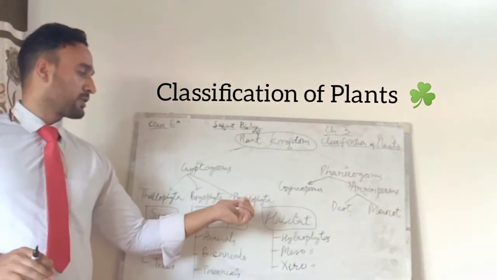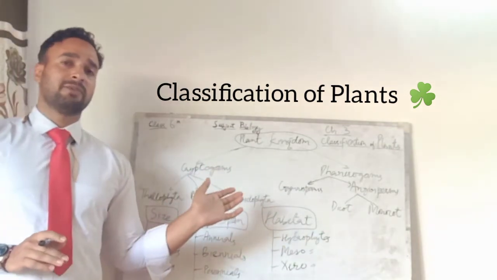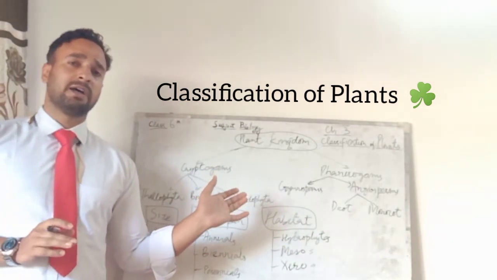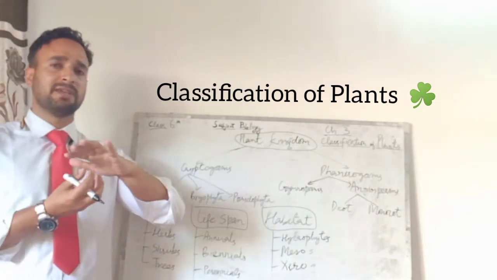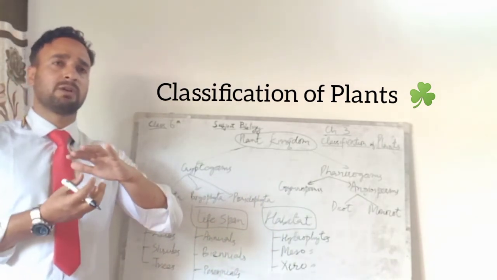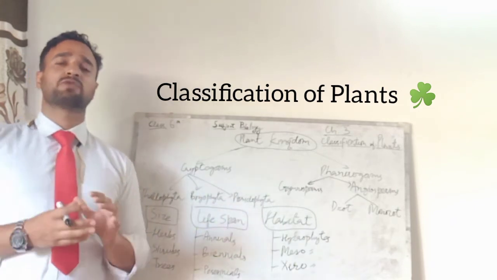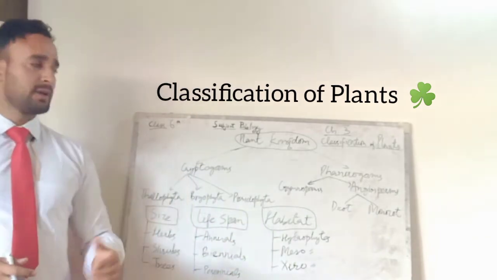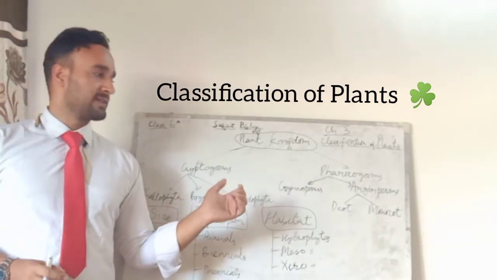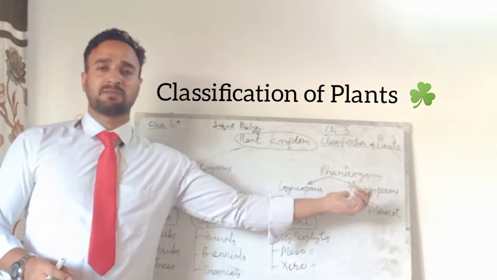One thing I forgot to tell you about the pteridophyta is that the leaves have on their undersurface smaller fruit bearing structures we call the strobili, and the strobili contain the spores which can germinate into the next generation of pteridophytes. Anyway, phanerogams are divided into two categories, gymnosperms and the angiosperms.